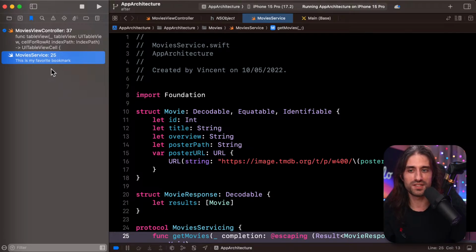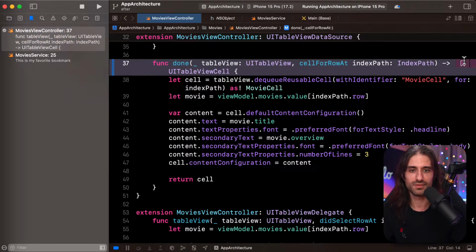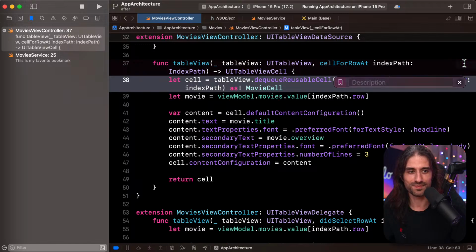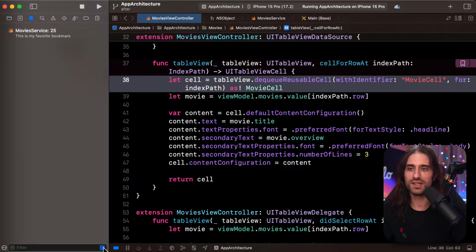You could have done it by just writing done here. It would have been also a possibility, a way to do it. But you have a built-in view for this. And can you actually? I'm looking in the filter. Oh yes, if you click here, you're going to filter out the ones that are marked as done. So you can use it as a to-do list for what you have to do in your code.